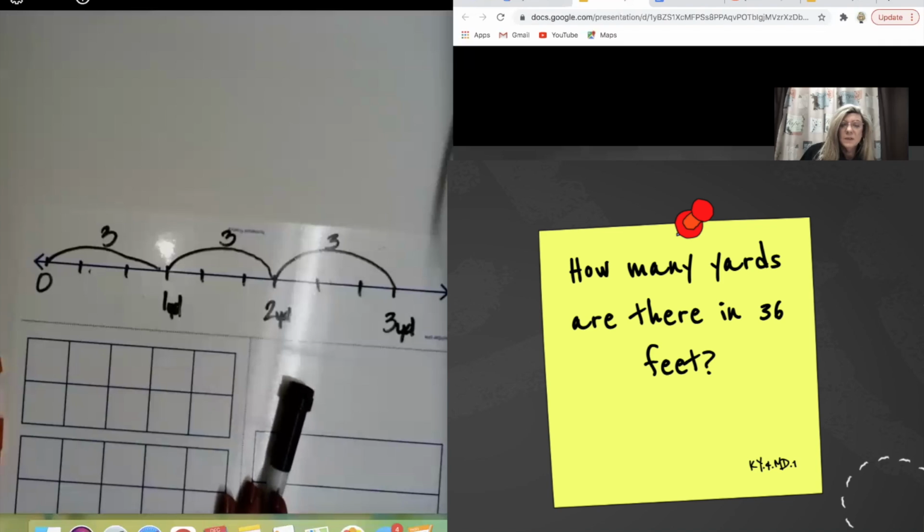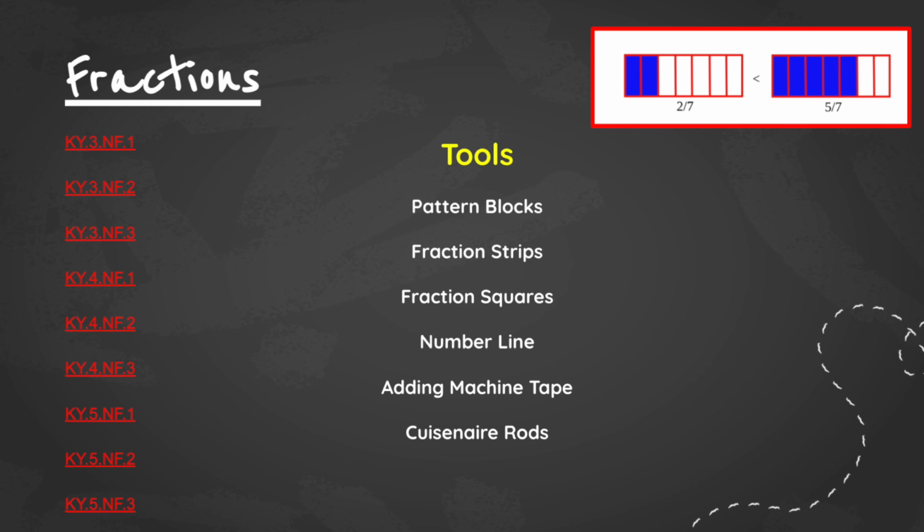Okay. I said I was going to switch, so I want to move to this fraction section. You can see in elementary, the largest piece is in fractions. And fractions, they scare people. I tell people all the time, I joke and say it's the F word in math, because people are so afraid of fractions because it seems so foreign to them.